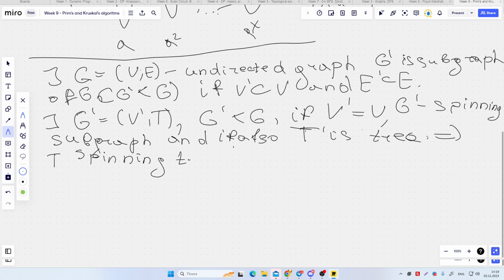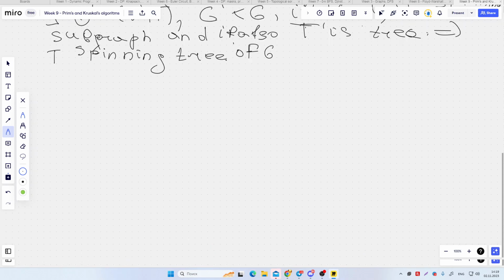I'm thinking about these definitions: is it useful for us or not? We use subgraph, spanning subgraph, and spanning tree. Okay. And we just notice that T is a subset of edges, and the definition: T is a minimum spanning tree